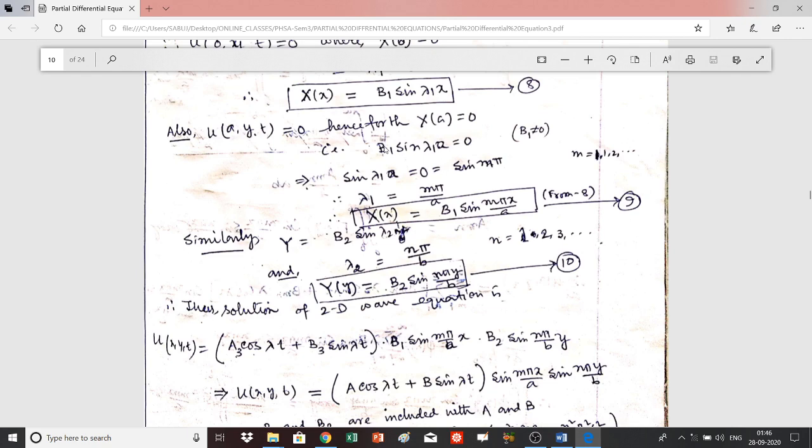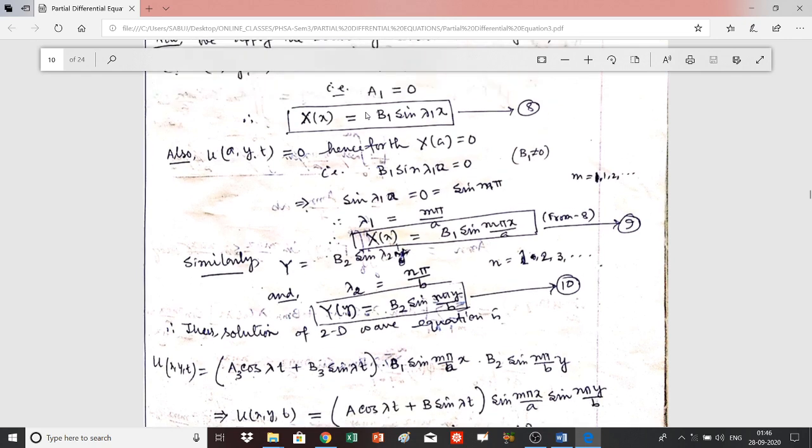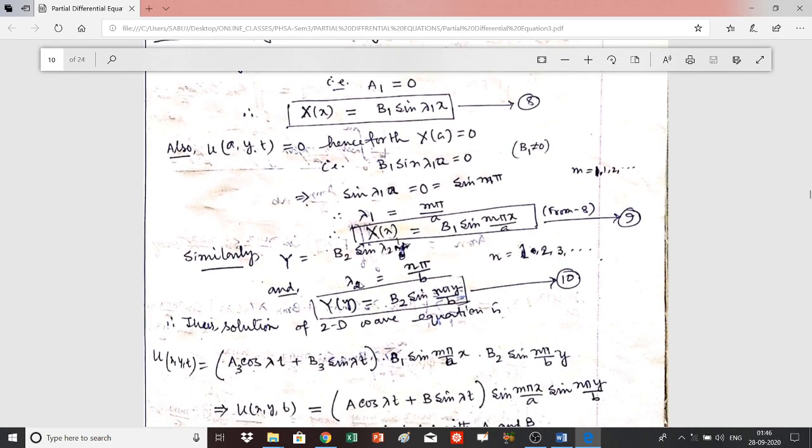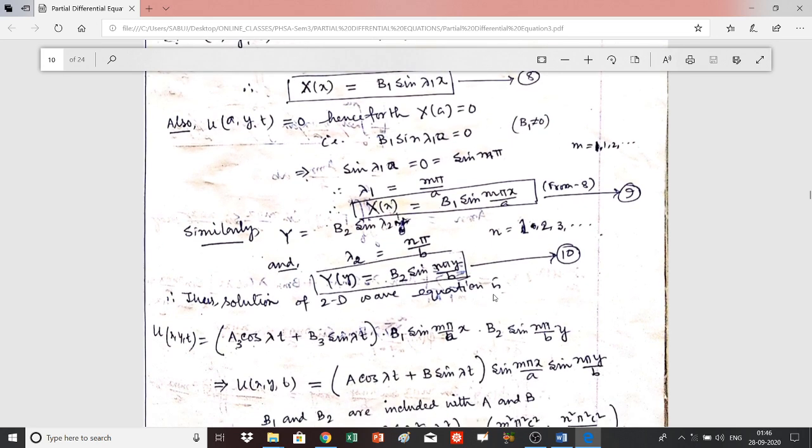Similarly, using the same process that we did here, you can also show that lambda 2 is equal to n pi by b, in the same manner, since lambda 1 is equal to m pi by a and there will be another constant integer, that is n. In this case also n is equal to 1, 2, 3, etc. In a similar fashion, you can calculate Y(y) is equal to b2 sin(n pi y by b), and thus the solution of the two-dimensional equation becomes